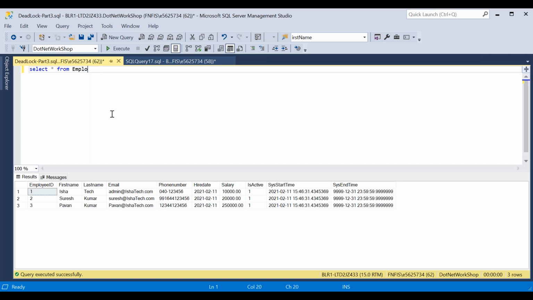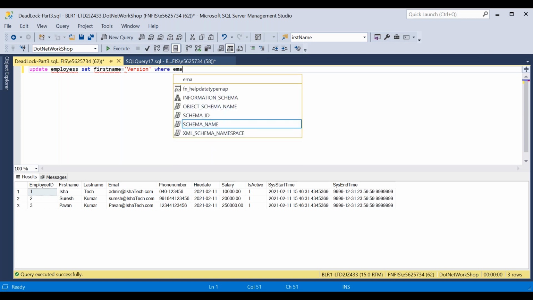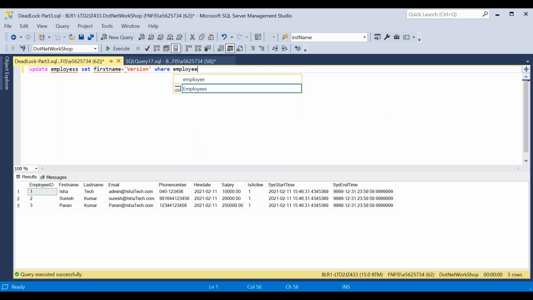Let's see with an example. Now update employees set first name equal to version, where employee ID equal to 1.